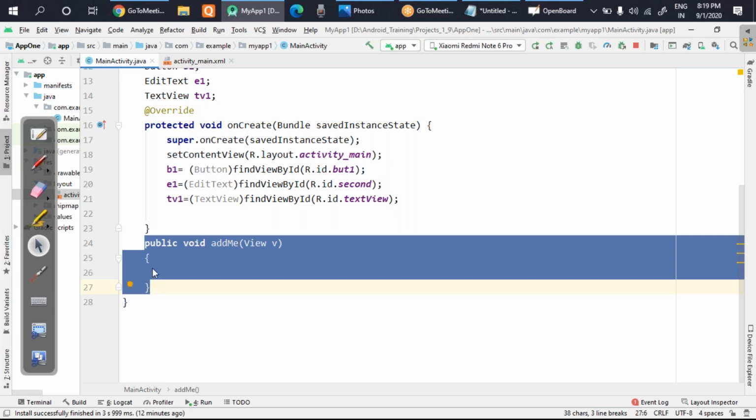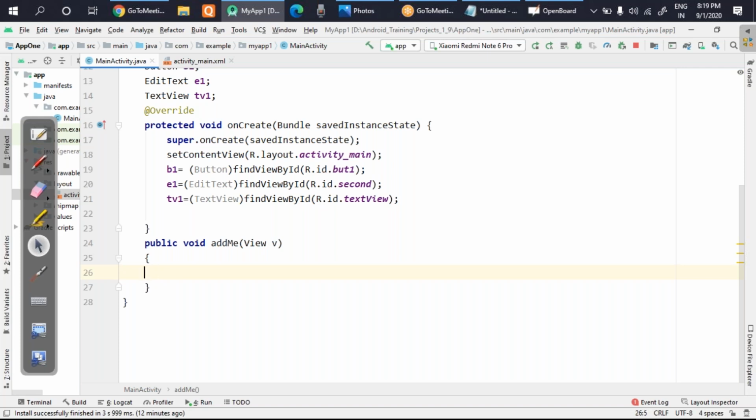Just observe here. Now I have to write the code inside this, which will take the data and add it up. So let's now understand the logic part. Suppose in the EditText the value I have kept is 25.